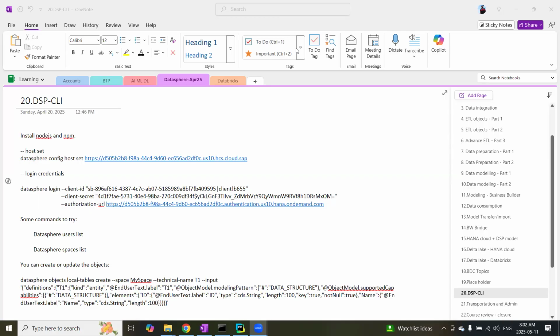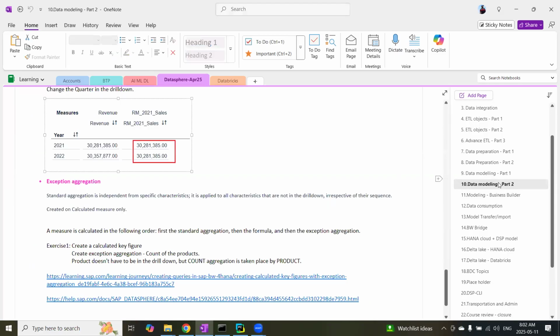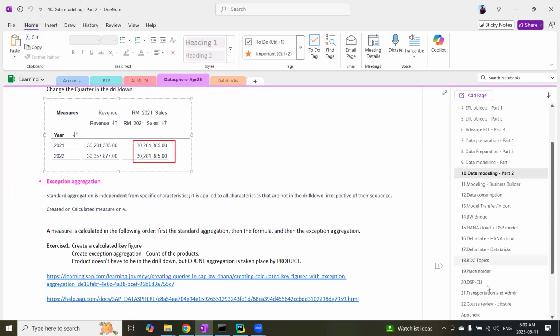Just to recap where we were, we've completed modeling part two in yesterday's session. Now we are going to start covering the CLI, a command line tool, or terminal-based or command prompt-based administration tool. It's not explicitly an administration tool, but you can also use it for development